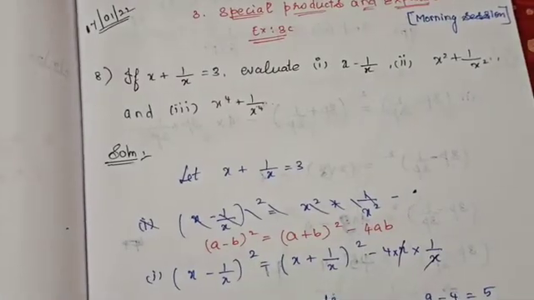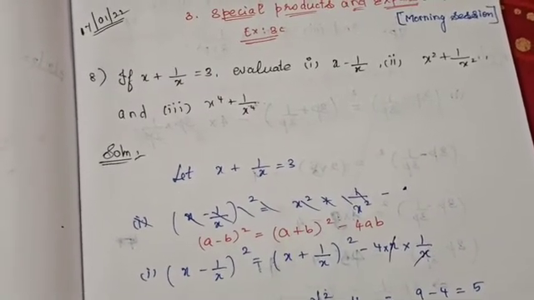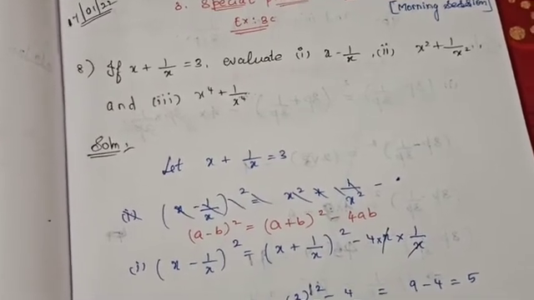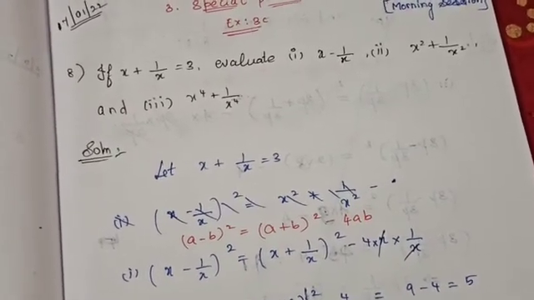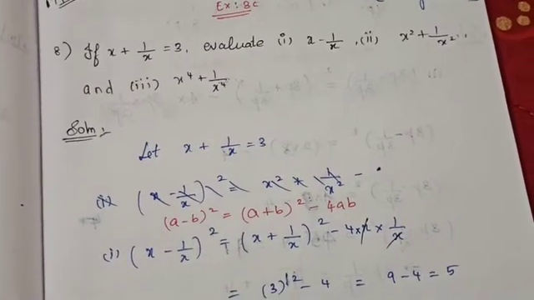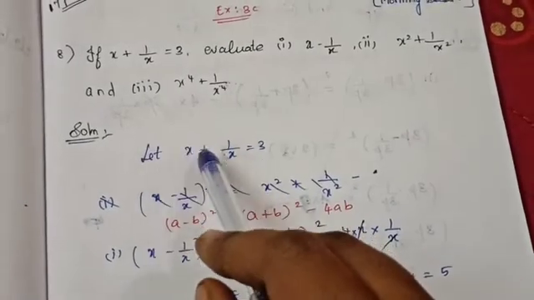You just use the corollaries to find the answer. The apt corollaries you will find the answer. Very simple only. So corollary you will memorize, this means you will find the answer easily. So these are the important sums for higher classes also. Some competitive exams also ask sums like this.